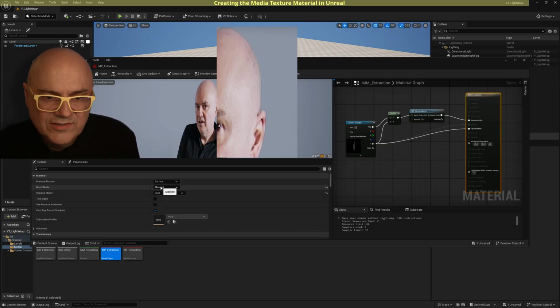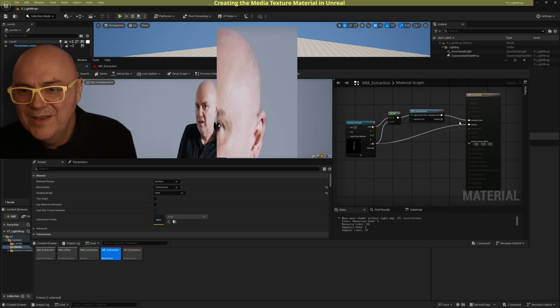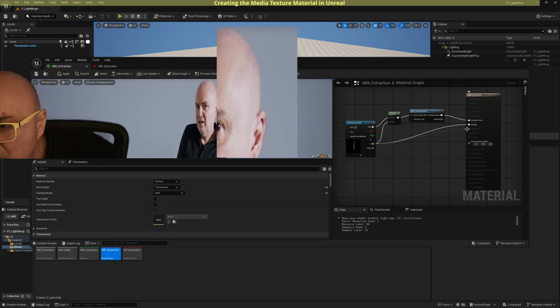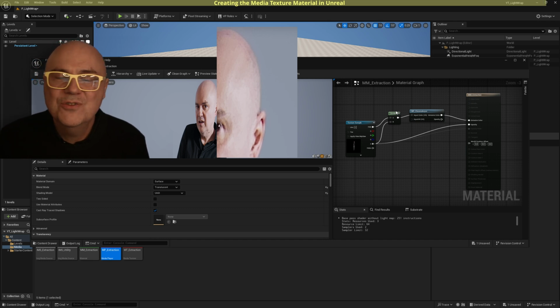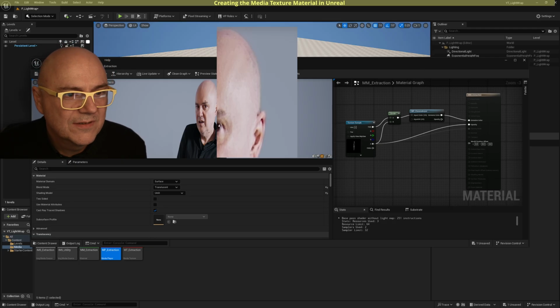I'm going to change it back now just to translucent, just to mess with everyone. But I've got the option now because I've got the alpha fed into the opacity mask and the alpha fed into the opacity, and I've got a divide on. So now we've got all the different options that we can use when we come to use the material instance. Okay, so save this one, hit apply,